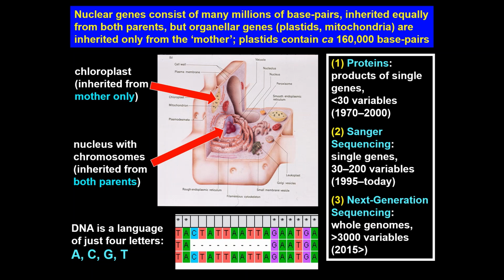A typical analysis of that kind looks at individual genes, picks them out from the genome, and sequences them to generate somewhere between 30 and 200 variable sites as a rule. That kind of work started to be applied to orchids at the end of the last century and continues today, although the respect with which it's viewed is beginning to decrease